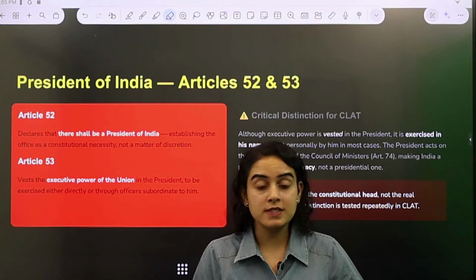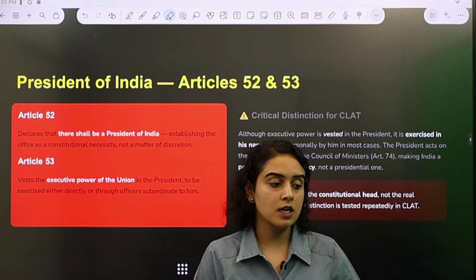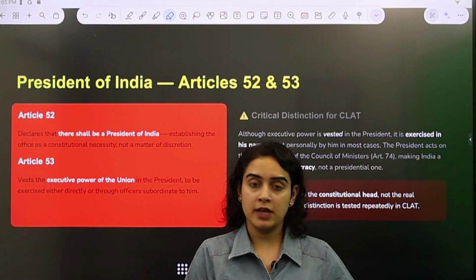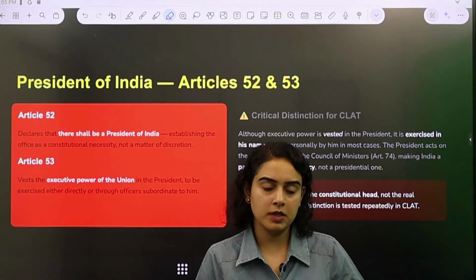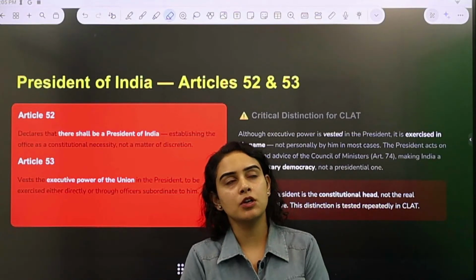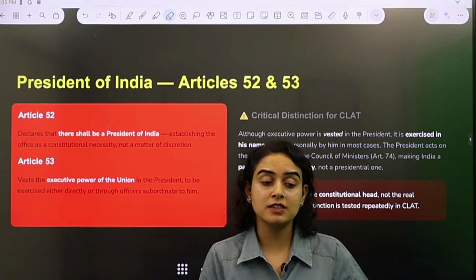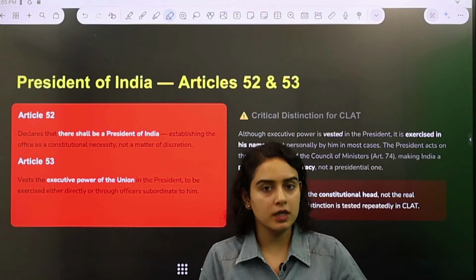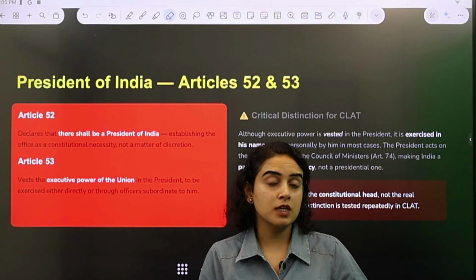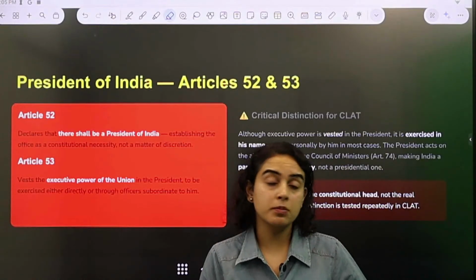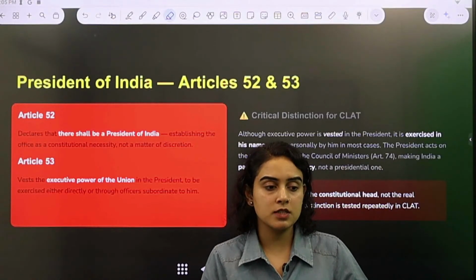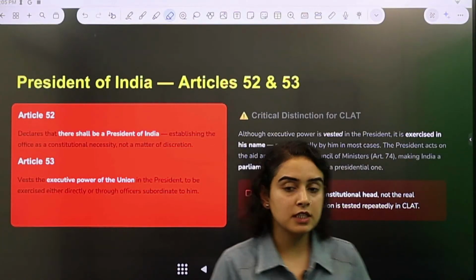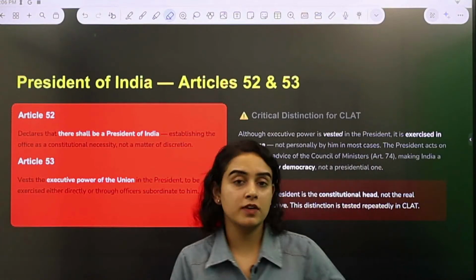To help you with the same, today we are here to discuss a really important concept under constitutional law, which is the union executive. Now, why is it important? Because it has some really important constitutional bodies and machineries that have been discussed in detail, which are extremely important for you to understand from the constitutional law perspective for sure, but also from the perspective of Indian polity. So now, without any further delay, let us get started.